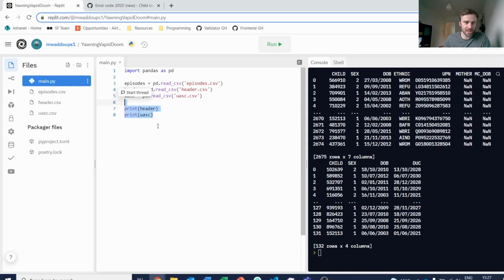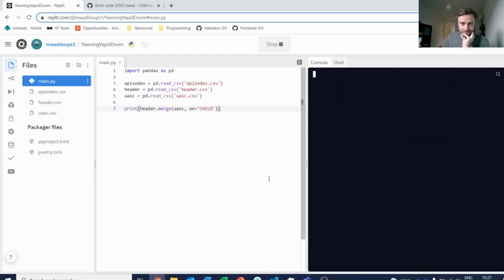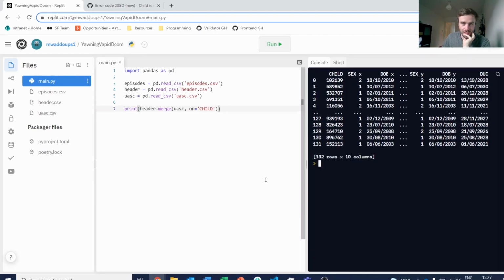So let's have a look at thinking about that problem. Let's have a look at what the merge table might look like. To merge, you just take one data frame and call the merge method, and then call that with the data frame that you want to merge on, and give an argument for the key that you want to merge by. So in this case, the key will be matching on child, and I'll just print that out. If we have a look at the output from this, you can see